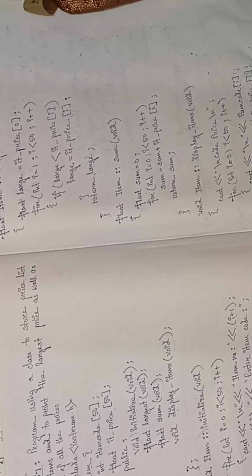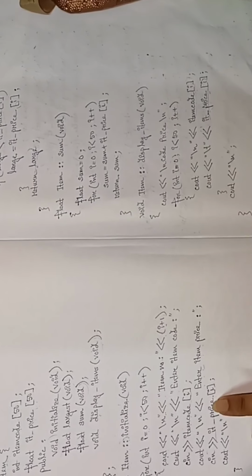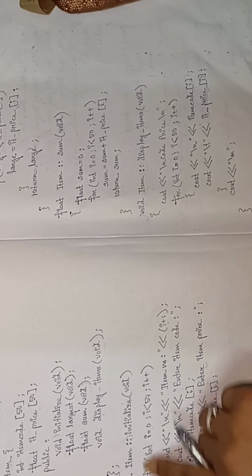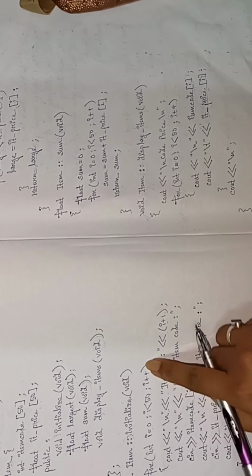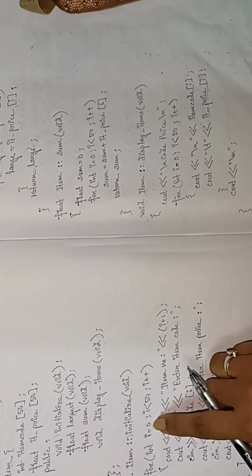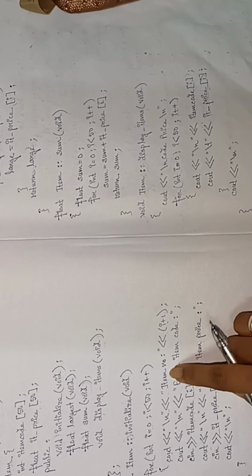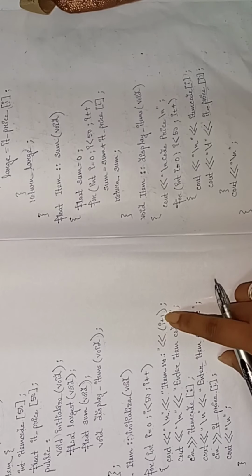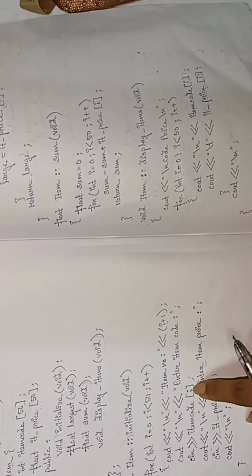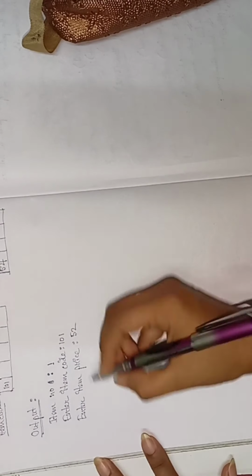Okay, now you see here we have written this one, this \n means it will go to next line, then again it will go to this one, and here i's value will be incremented, means from 0 it will be 1, and item number will be 1 plus 1, that is 2. Enter item code, now index will become 1, means now the value will be stored in our first index. So like this it will go on continuing.